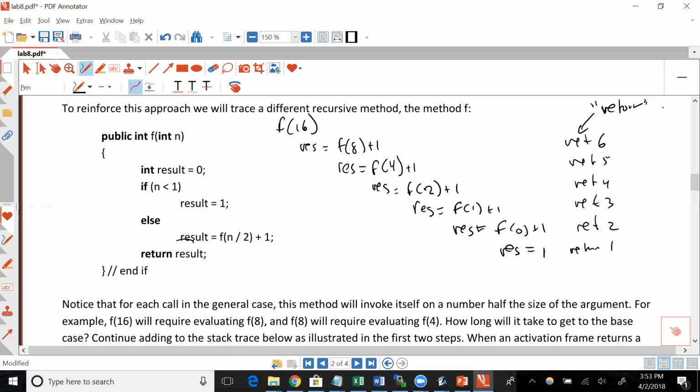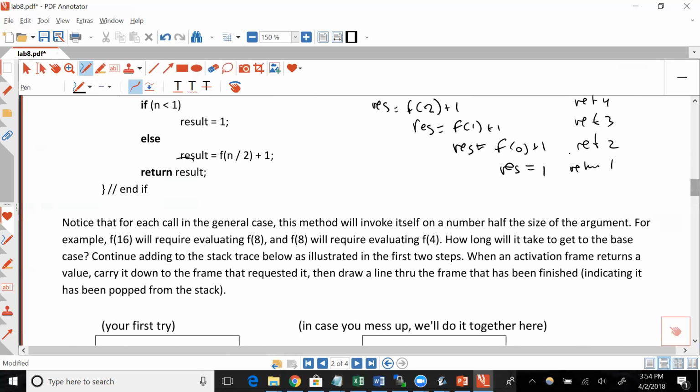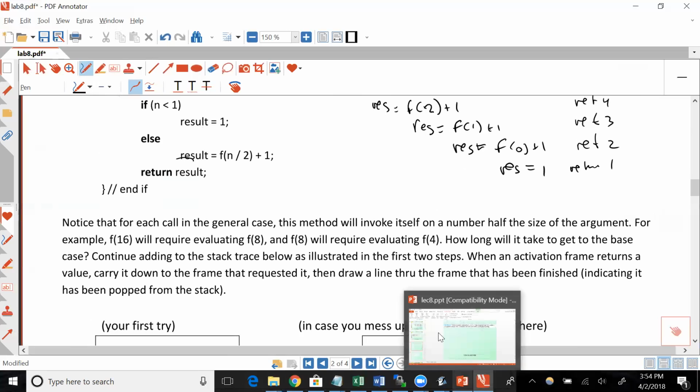Okay, so another way to do it. Anyway, if I give you a recursive method like that, you should be able to trace it and noodle your way through it. That's a really good technique to have. You have to be able to read these things before you can write them. Okay, questions so far? Okay, so to continue,